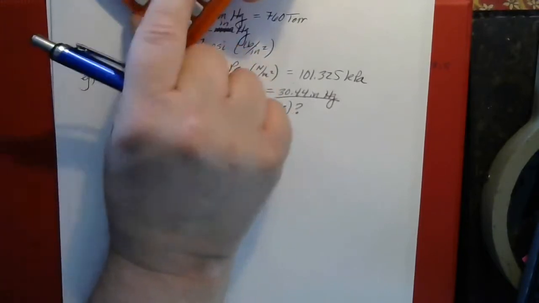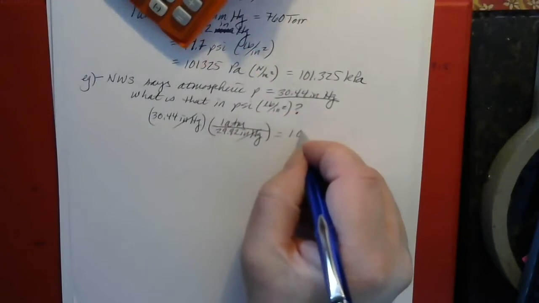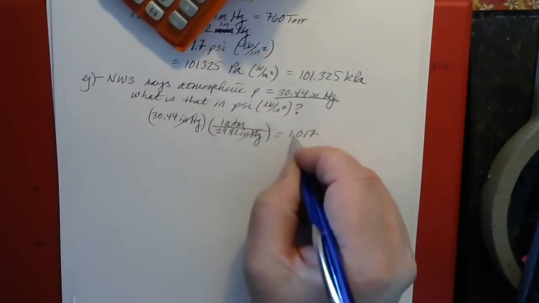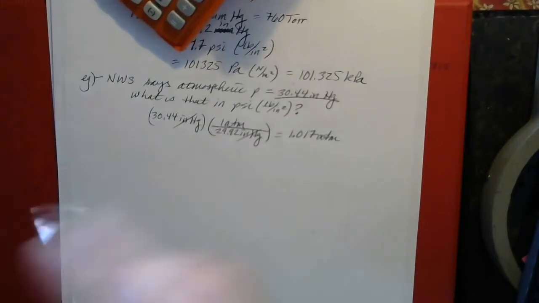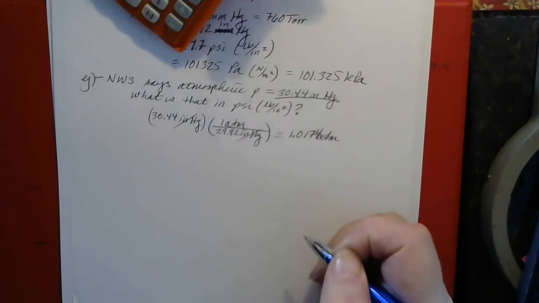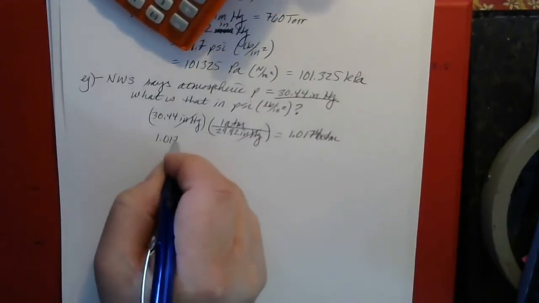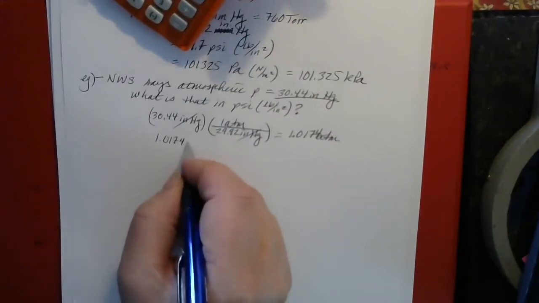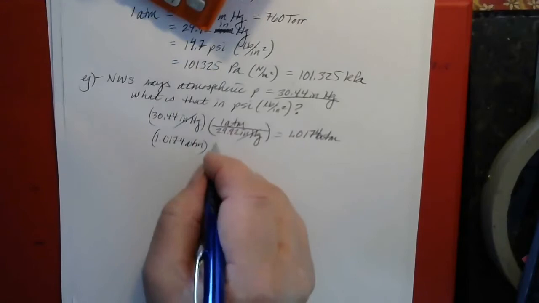30.44 divided by 29.92 is 1.017 atmospheres. And actually, I'm going to go one more space because this isn't our final answer yet. So 1.0174 atmospheres in units of PSI